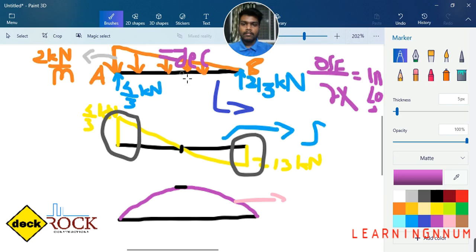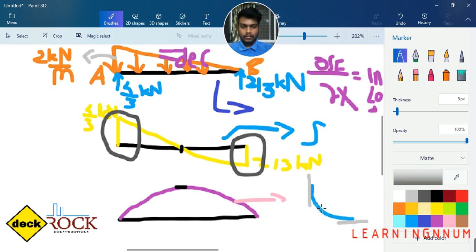So altogether, the variation of external loading from A to B, variation of what? Intensity of loading is negatively decreasing. Now the slope of the shear force diagram from A to B would also be negatively decreasing. So that is what I have drawn here. The yellow line represented here consists of a negatively decreasing slope. Now this is a part of a circle. See, this is the circle part. Now from left to right, if I draw a tangent at this point, this is maximum or infinity, and at the bottom we have a straight line tangent. A straight line means slope is 0, so from left to right the slope is definitely decreasing.